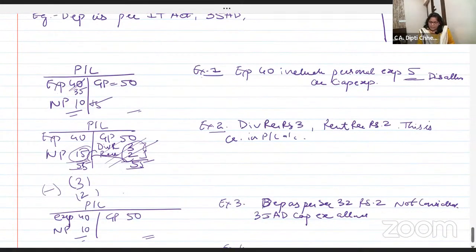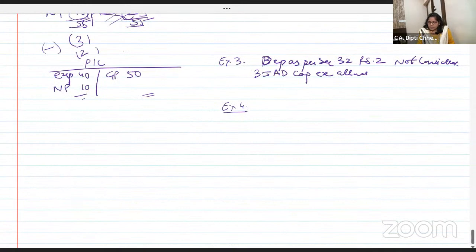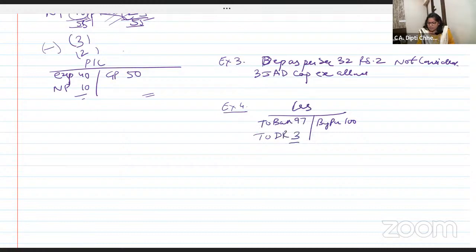Okay. Now example 4. Suppose I have creditors. I have purchased 100 rupees and I made them payment through bank 97. Am I going to pay 3 rupees? No. Can I put in discount received and close? Is discount received my business income? Yes. Now, if I consider discount received here, what's the impact on the profit? The profit will increase by 3 rupees. Yes, right? Then add it.